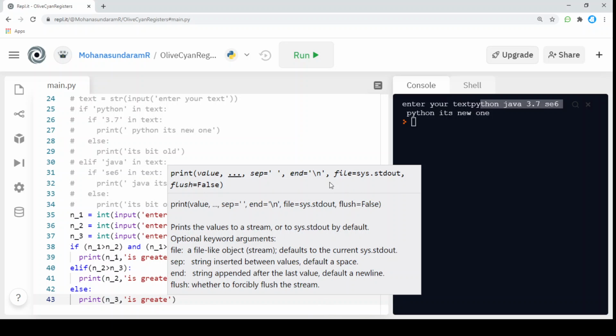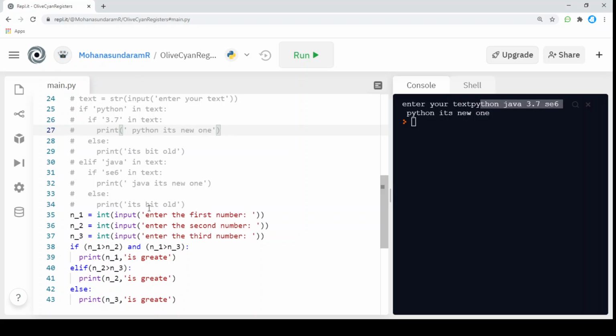This is a simple logic to check the greater of three numbers. First, I'm checking num1. I'm making a statement that number 1 should be greater than number 2 and number 1 should be greater than number 3. If both conditions have been satisfied, number 1 is the greater. If any one of these conditions or both have failed, then this if statement will be skipped and the flow passes to the next line, that is elif.